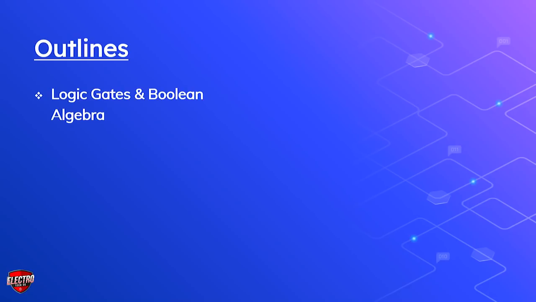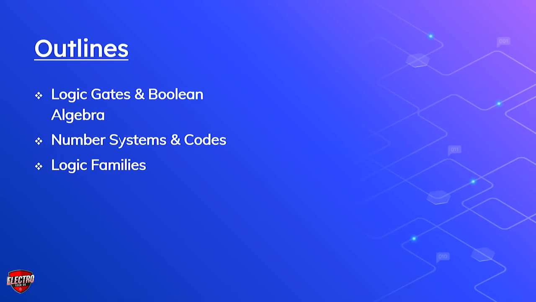Starting with digital logic. Digital or Boolean logic is the fundamental concept underpinning all modern computer systems. It's the system of rules that allows us to make extremely complicated decisions based on relatively simple yes or no questions. Next point, that is logic gates and Boolean algebra, number systems and codes, and logic families. In the next module, we will study the combinational digital circuits and its design.